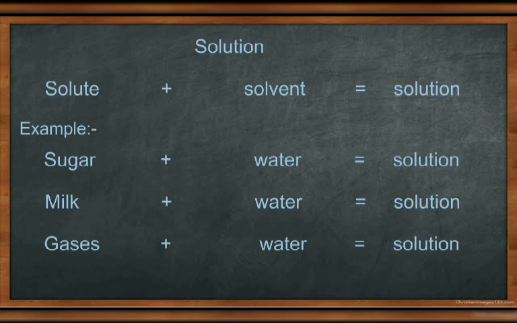So if we see here, okay, see here, sugar is a solid component, milk is a liquid one, and gas is already a gas. So three states of matter, it means solid, liquid and gas, are mixed with water to form a solution. So in this way we say that water is called the universal solvent, because all matter, that is solid, liquid and gas, is easily mixed in water. Okay, now